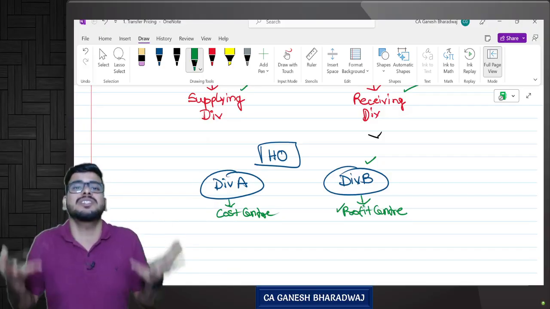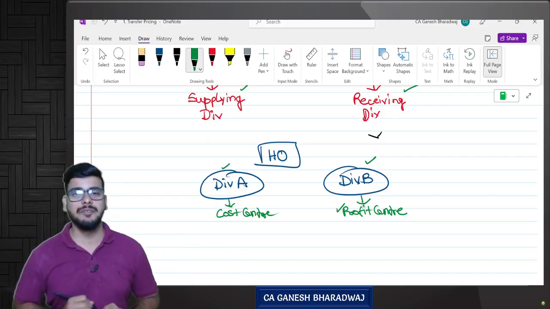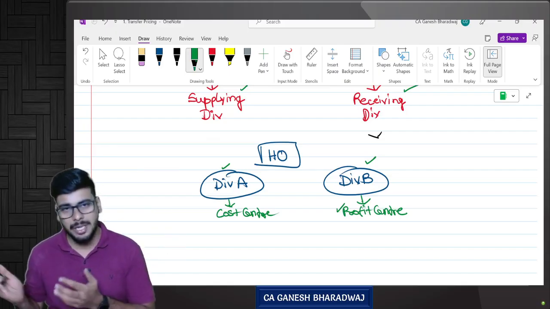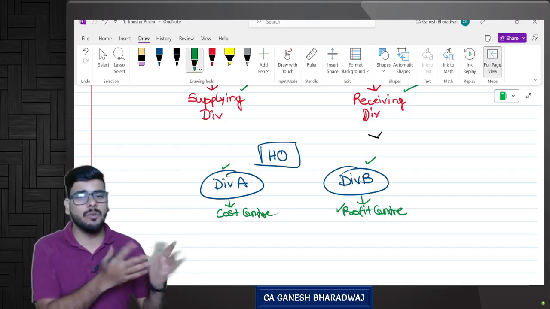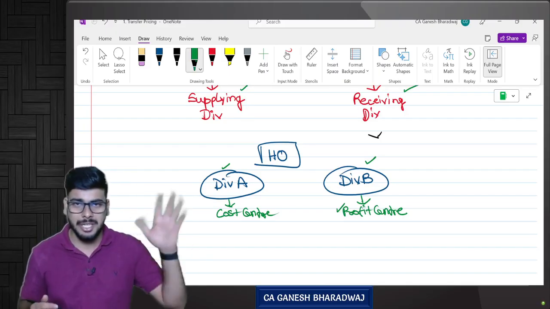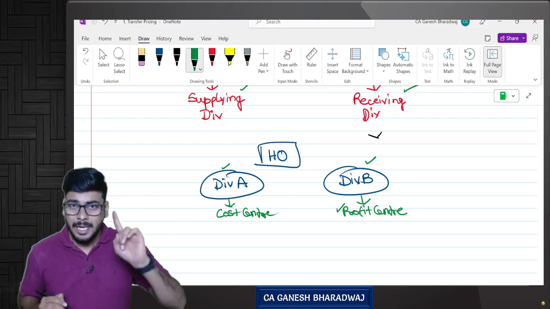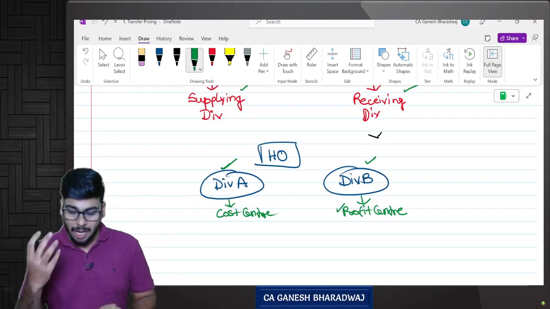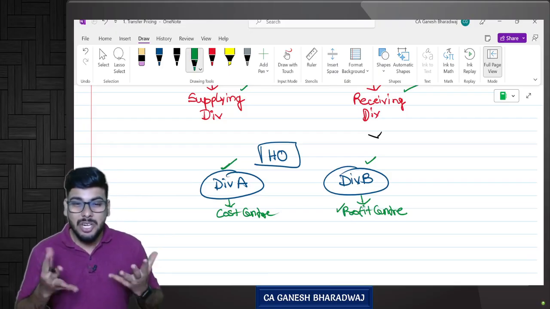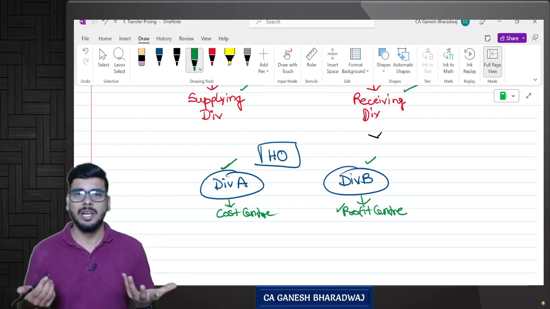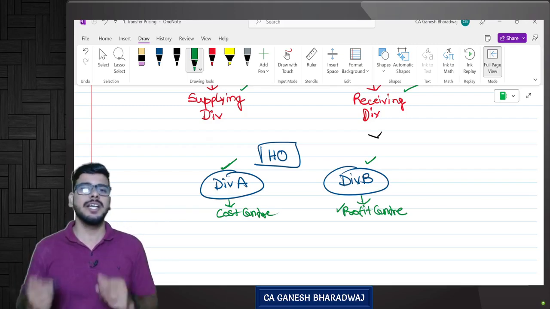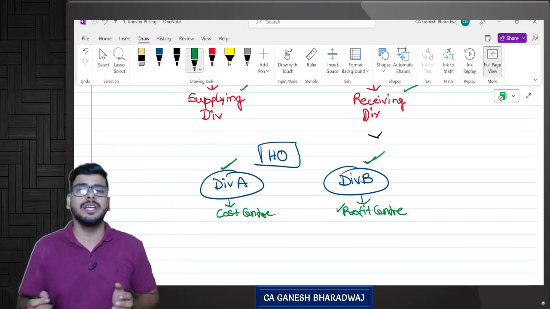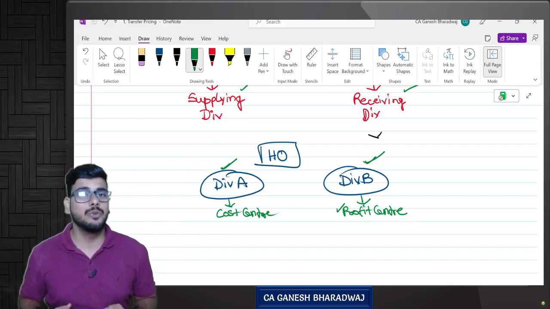But there is no such thing for the manager of division A. Why? He keeps on incurring the cost and transfers whatever is the cost to division B. That's all, correct? Empty bottle. So obviously the manager of division A, that is a cost center's manager, will not be motivated to perform well because his division does not generate any profit. While the other division generates profit, always the other division gets a priority over him. Are you clear with this?